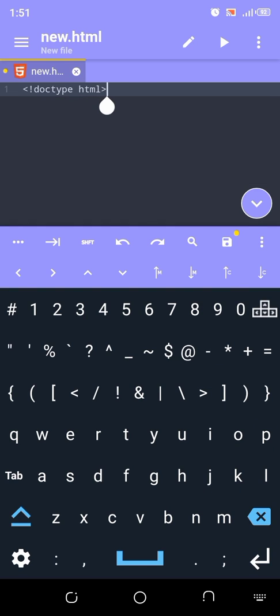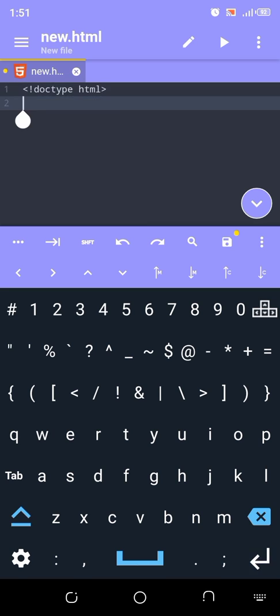This is a declaration. It's not a tag. It's called a declaration, and it's declaring to the web browser or to the web page that this is an HTML file, and it's going to tell you the version of HTML you're currently working on. That's basically what it is. It's just to declare to the website.